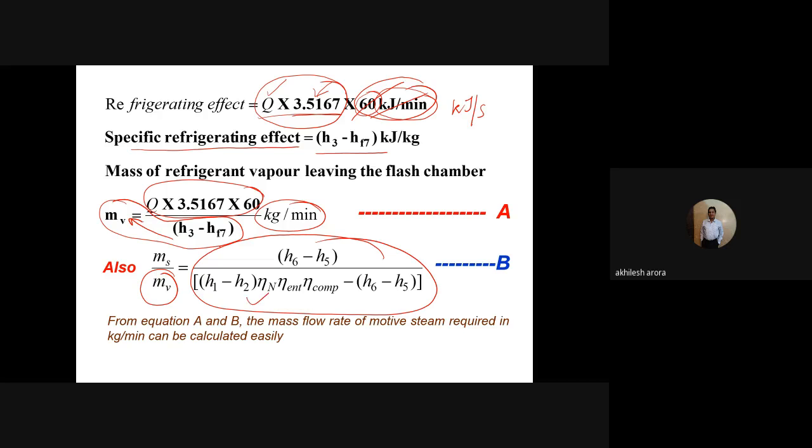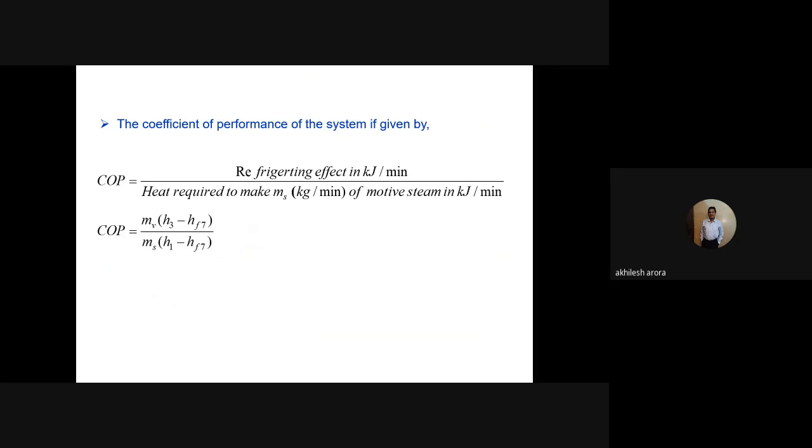इंट्रीनमेंट एफिशिएंसी कितनी है, नोजल की एफिशिएंसी कितनी है, कंप्रेशन की एफिशिएंसी कितनी है, बाकी स्टेट पॉइंट्स मुझे प्रेशर और टेम्परेचर कंडीशन से मिल ही जाएंगी, एंथैल्पी सारी, तो मेरे पास सारी वैल्यूज हैं, तो मैं वहां से मोटिव स्टीम निकाल दूंगा। तो दिस इज व्हाट इज रिक्वायर्ड, तो यहाँ से मोटिव स्टीम निकल जाएगी, ठीक है। अब कोफिशिएंट ऑफ परफॉर्मेंस निकालना है, तो रेफ्रिजरेटिंग इफेक्ट मुझे मालूम है, टोटल मुझे कितनी कूलिंग चाहिए जो मैंने Q कंसीडर किया था, और हीट रिक्वायर्ड टू मेक MS।